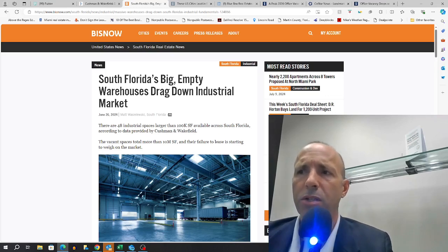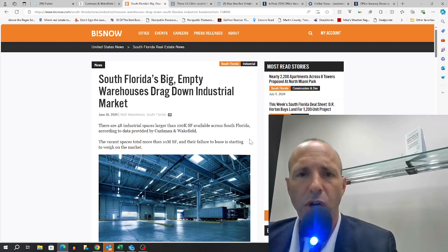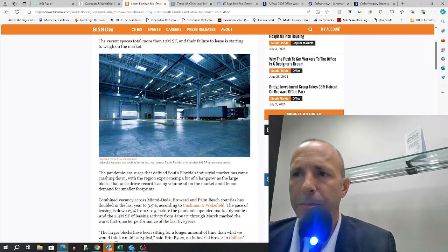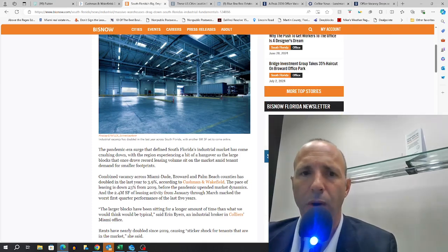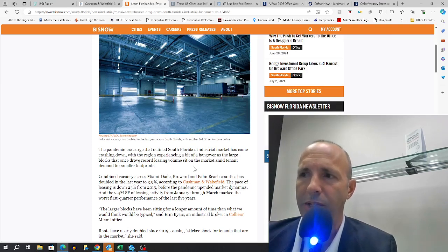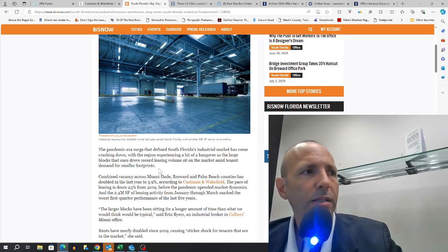The vacant spaces total more than 10 million square feet, and their failure to lease is starting to weigh on the market. The pandemic-era surge that defined South Florida's industrial market has come crashing down, with the region experiencing a bit of a hangover as the large blocks that once drove record leasing volumes sit on the market amid tenant demand for smaller footprints. Now, here, one of the things that happened, commercial real estate usually lags the market 18